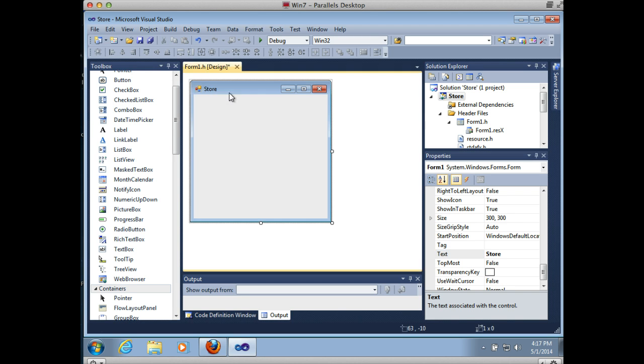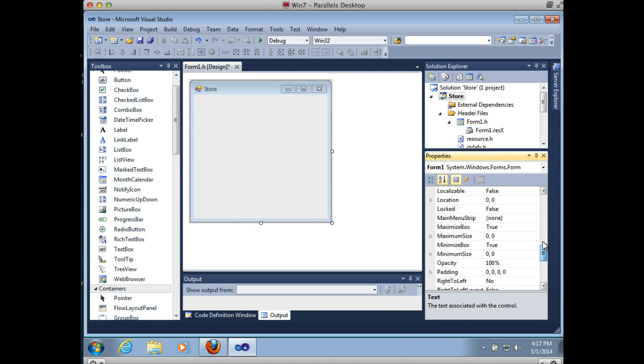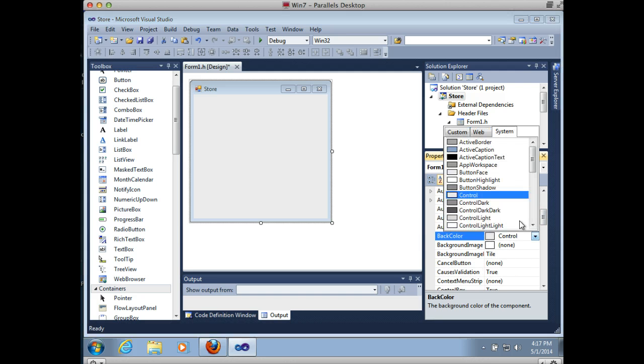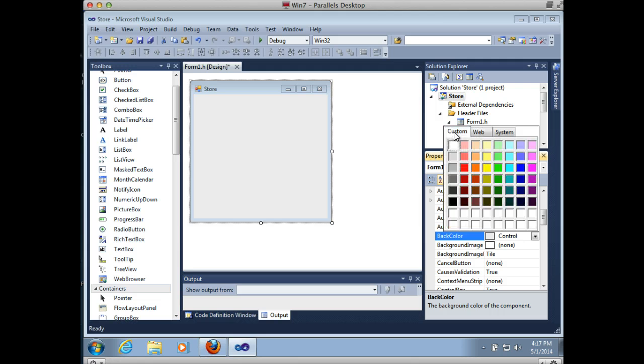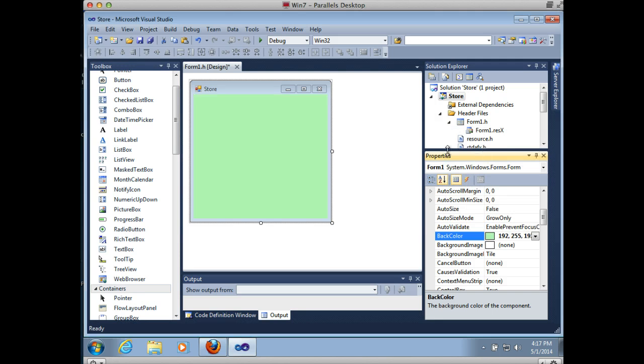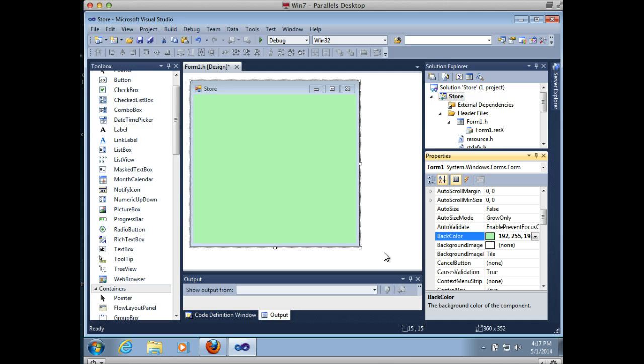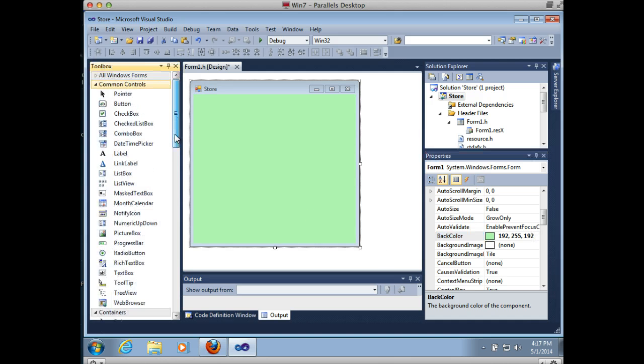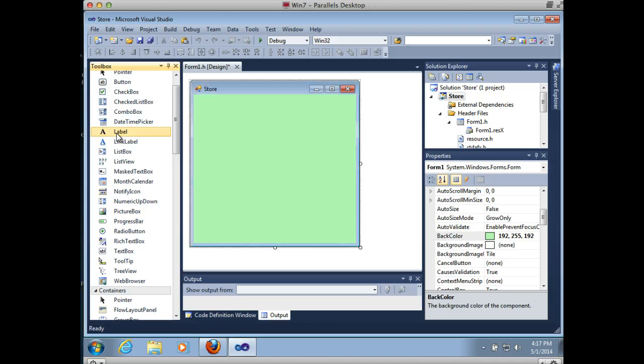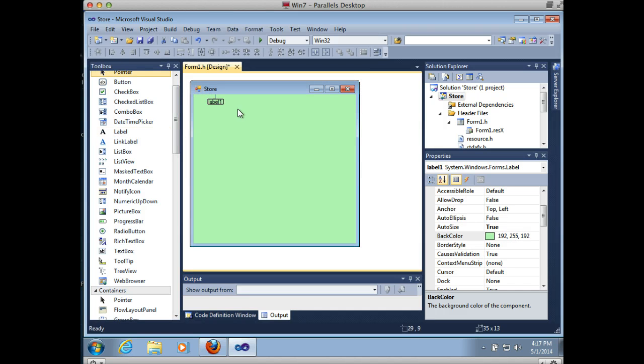I'm also going to change the background color of my form by, again, making sure I'm clicked here. I'm just going to scroll up to the B's, BackColor, and click right in here and pick an interesting color under these tabs so that you have a nice background color. You can resize the form if you would like to. And now I would like to add a label, by double clicking Label over here and dragging it to the top